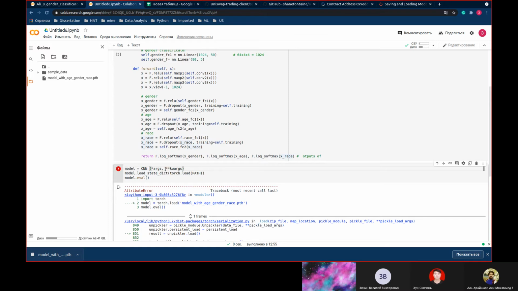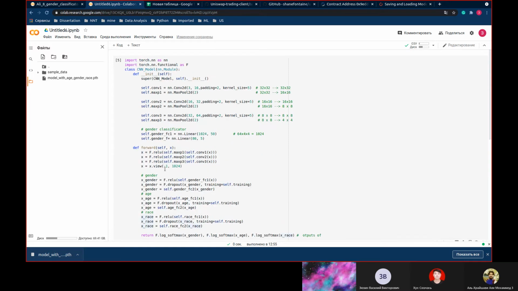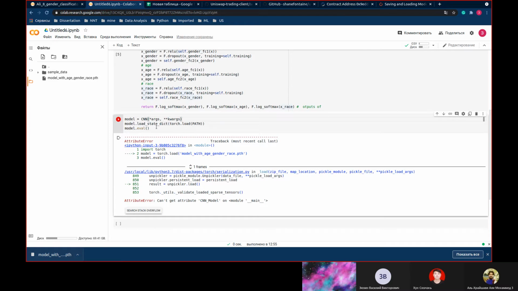Here is the CNN model. And load, fast load. And PC.